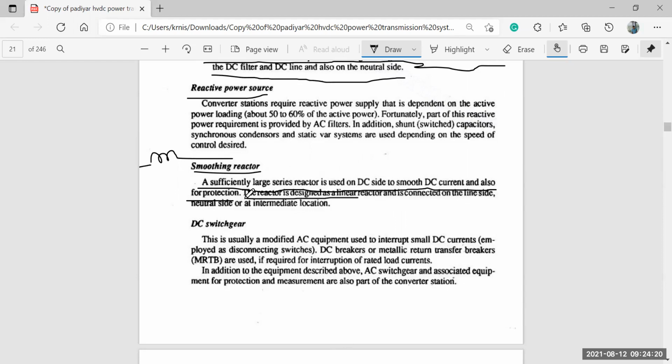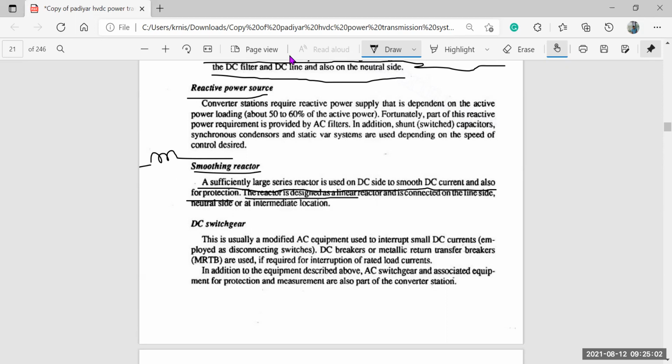Those are the things that you have to look onto. Two terminal DC link, these are the types, you don't need to go deep, just have an overview. The two terminal DC link, back to back DC lines along with AC feeder, and another is back to back DC link at the border. So these are the different types of long distance bulk power transmission.